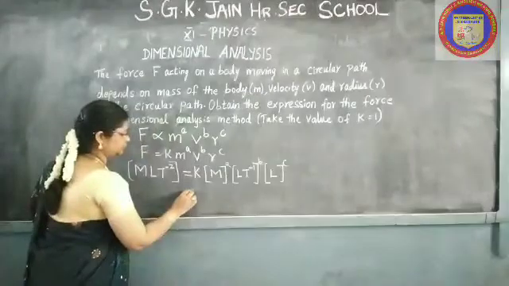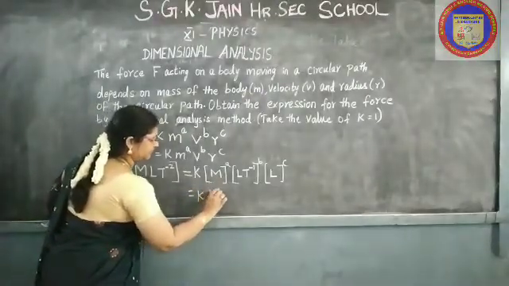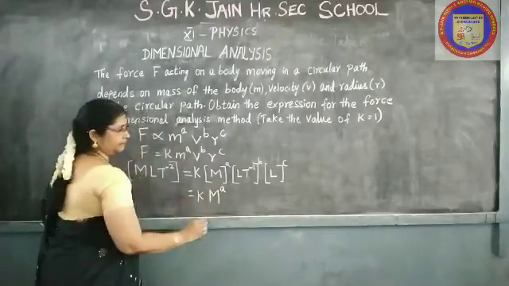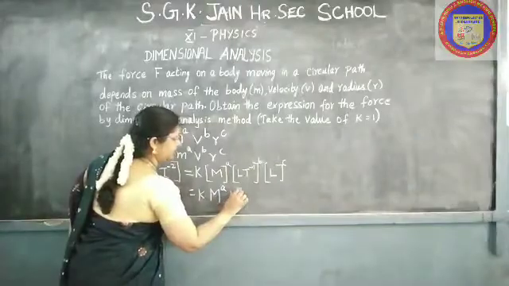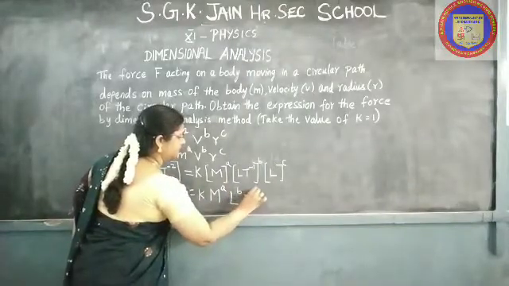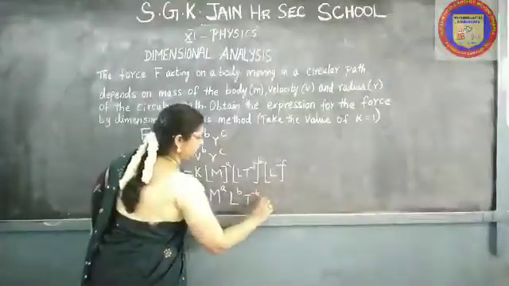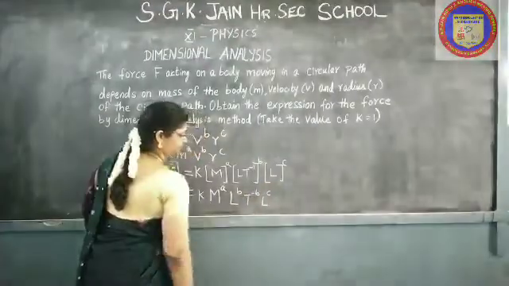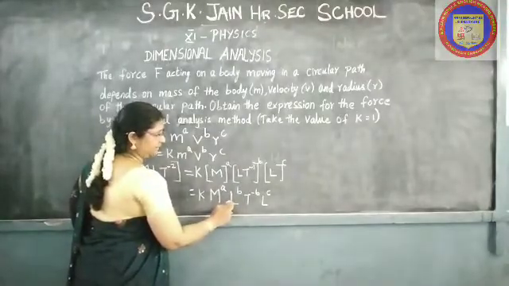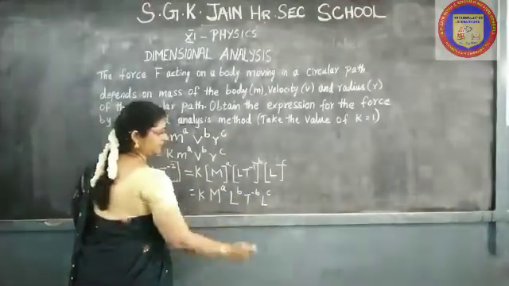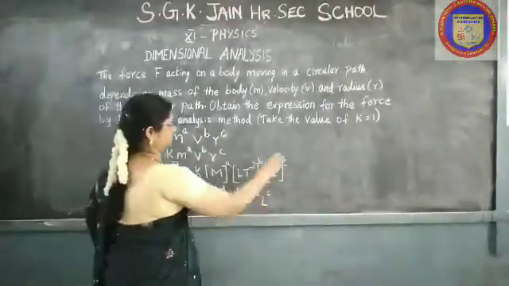So for that, here k, M is only one term, so I will write it as M power a. But here I will get L power 1 into b, and T power minus 1 into b, I will get it as minus b. Here I will write it as L power c. Now you have learned in your maths 10th standard that a power m into a power n is a power m plus n. By using that we will write the next equation.